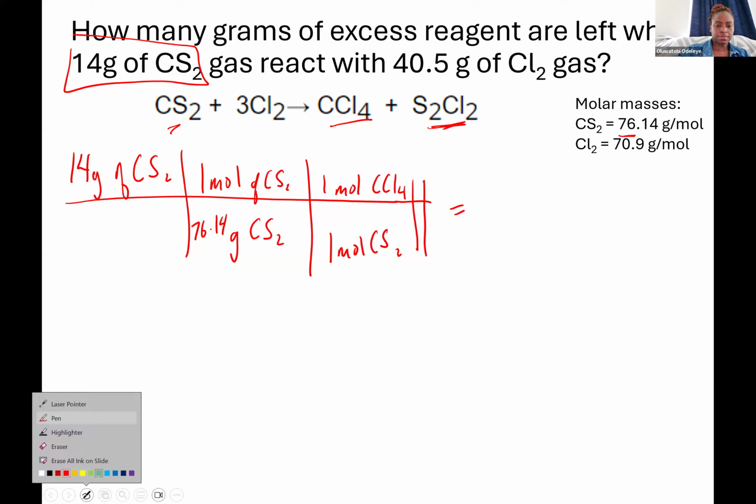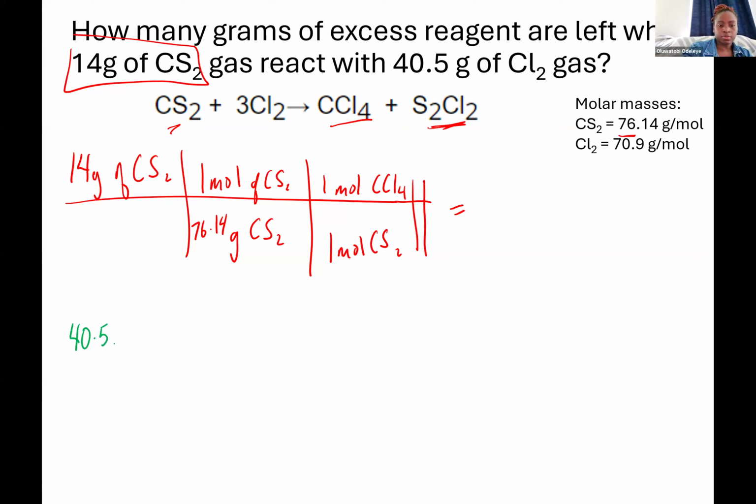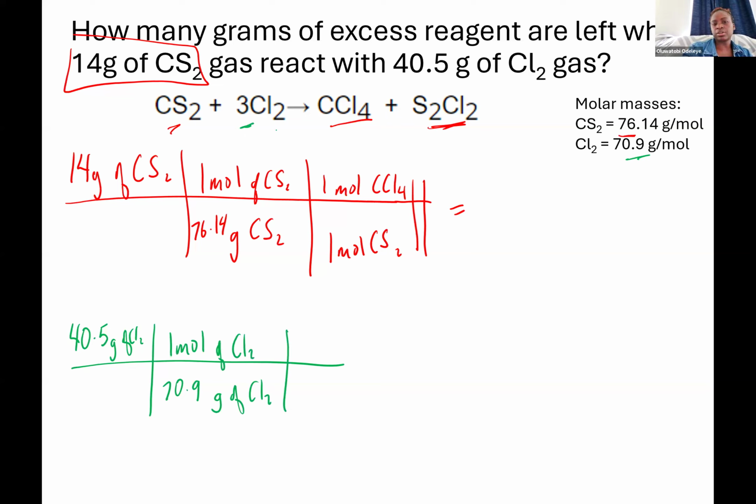And then I'm going to do the same thing with the same product for chlorine gas. And so I have 40.5 grams of Cl2, molar mass of Cl2, 70.9 grams of Cl2 for every 1 mole of Cl2. And the mole ratio here is actually 3:1. So for every 3 moles of chlorine gas, I have 1 mole of CCl4. And so when I plug this in my calculator,